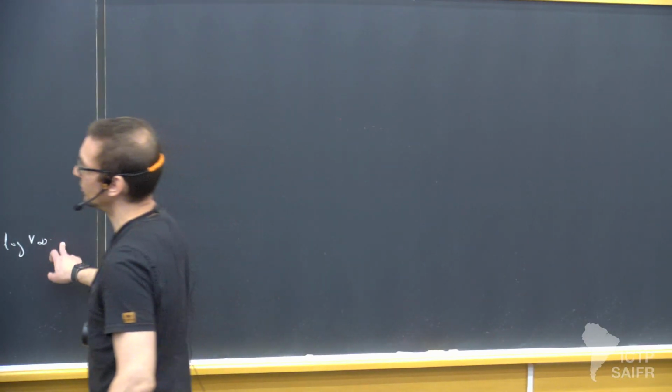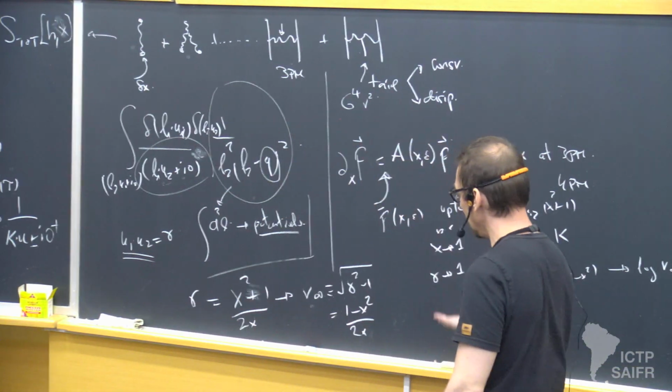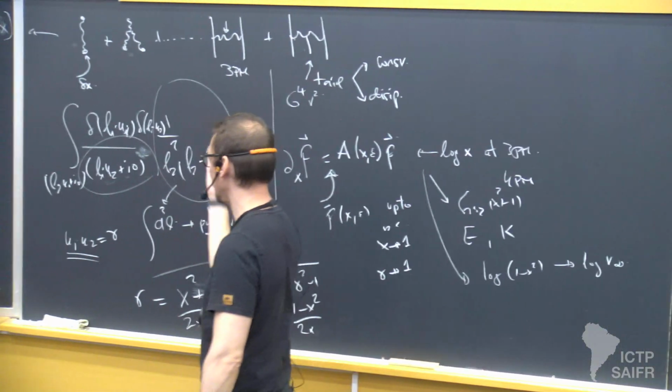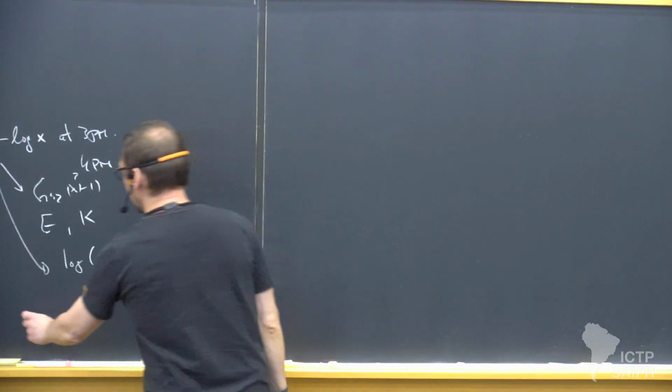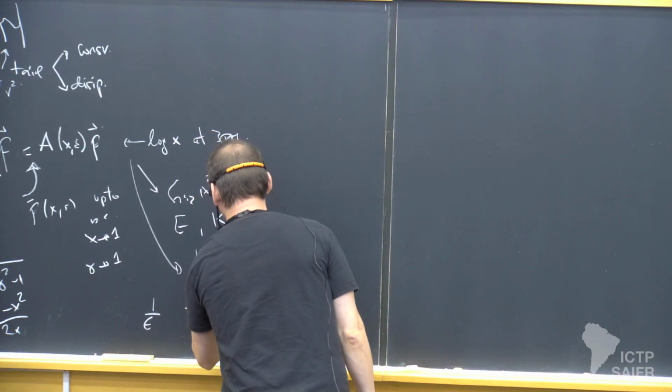And where did this come from? Well, this comes because when you do the method of regions, the same way that it happens in an RG, you get the potentials that give you an infrared divergence, and you get the radiation that gives you a UV divergence, and they cancel out. But they cancel out in a very peculiar way. There will be a pole in dim reg from the potentials,